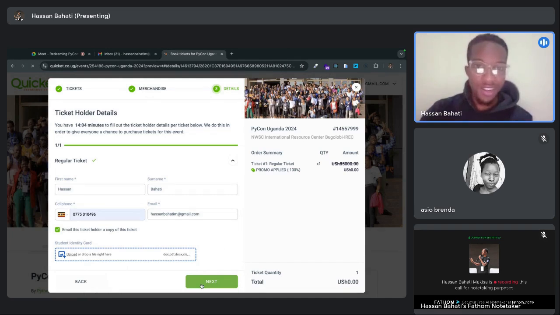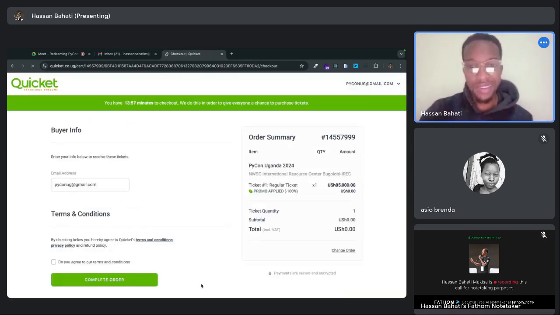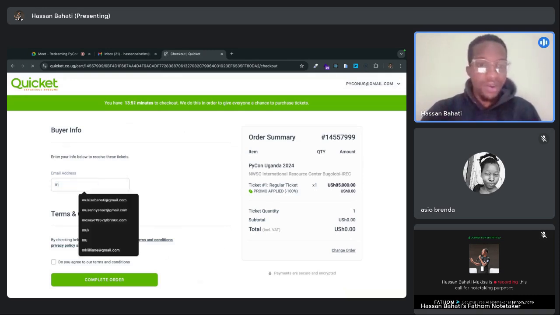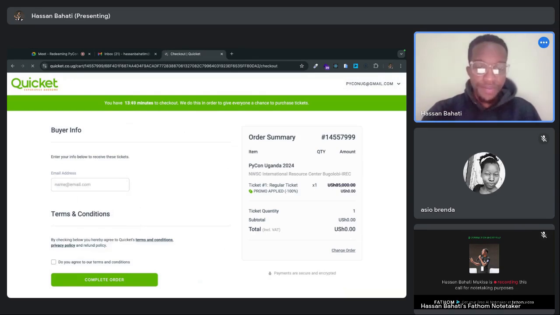So it's not yet done until you get to the final step. And at the final step, you'll basically be asked to complete the order, just like it is right over here. So at this point, I can go ahead and add my email address again, the email that I want to receive the ticket, and I'll agree to the terms,